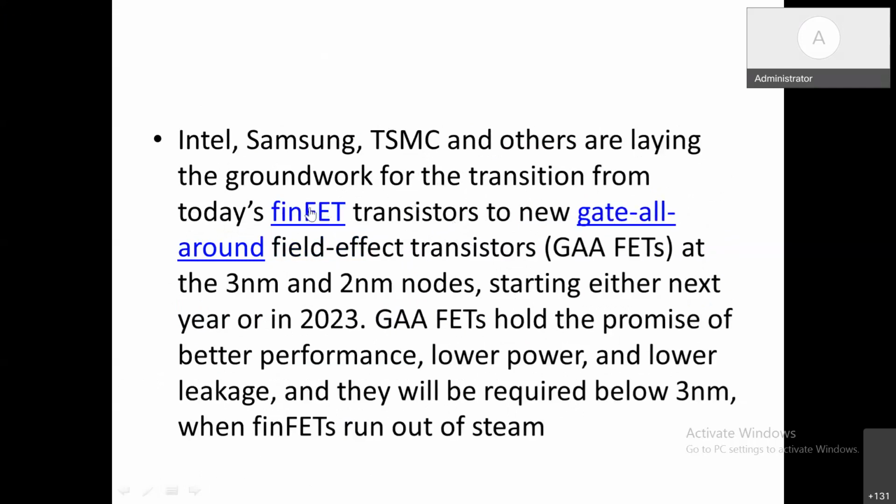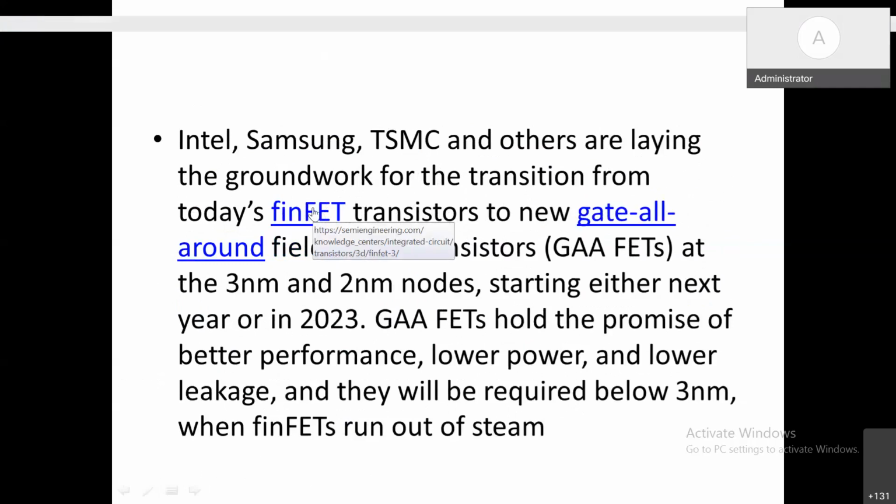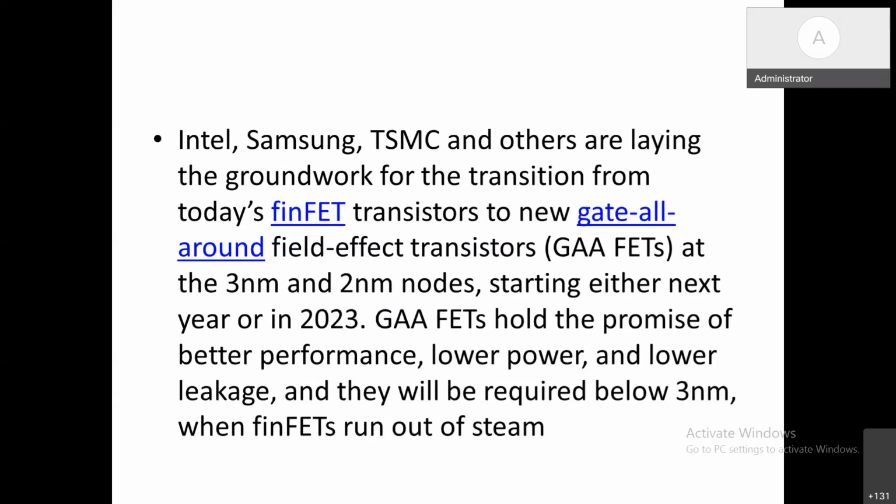For FinFET transistors, they try to do some modification, because as scaling and miniaturization continue, a lot of sub-threshold leakage problems still exist. They went in for 3 nanometer or 2 nanometer. So what they suggested was to use the FinFET with gate-all-around field effect transistors. It is FinFET, but it is called GAA, which is normally implemented for the 3 nanometer and 2 nanometer nodes.